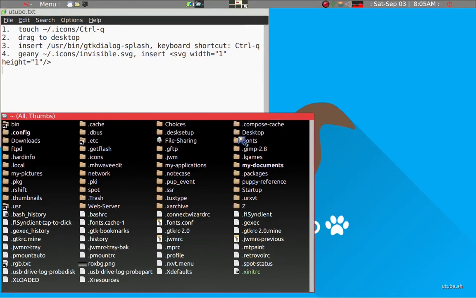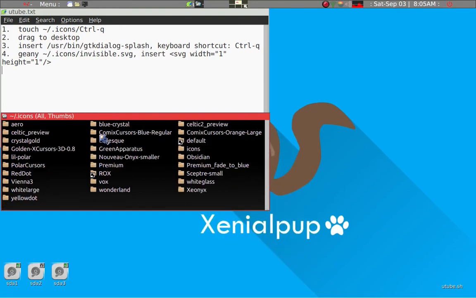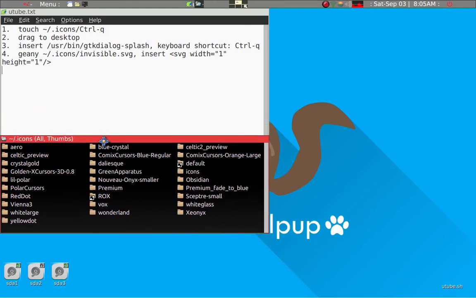Now the first thing we have to do is take a look at the root directory, and you'll see here the .icons hidden directory. If you don't have .icons, almost all PuppyLinux on a default setting should have .icons in the root directory. So if you take a look here, what we'll have to do is